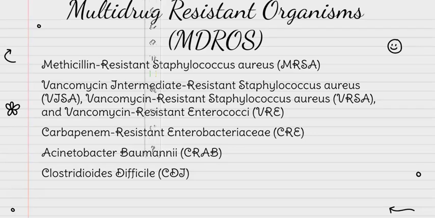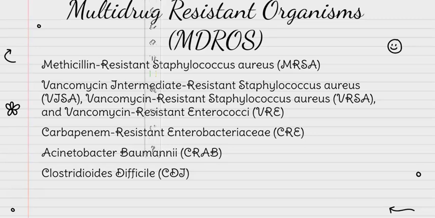Common ones are named here: methicillin-resistant Staph aureus, which is also known as MRSA. And then we have vancomycin intermediate-resistant Staph aureus, or VISA,